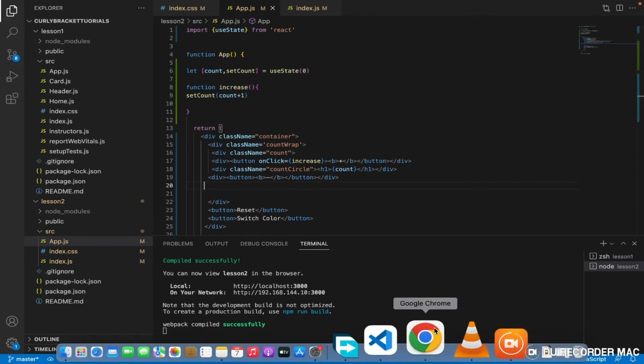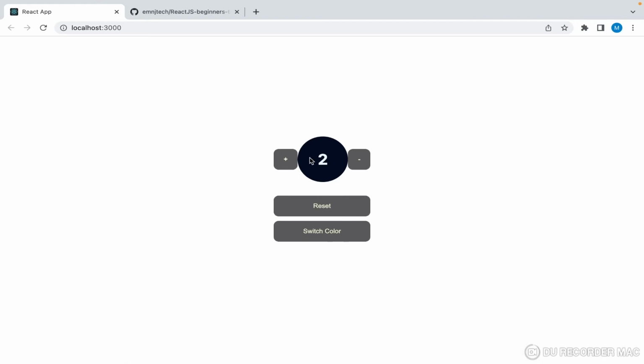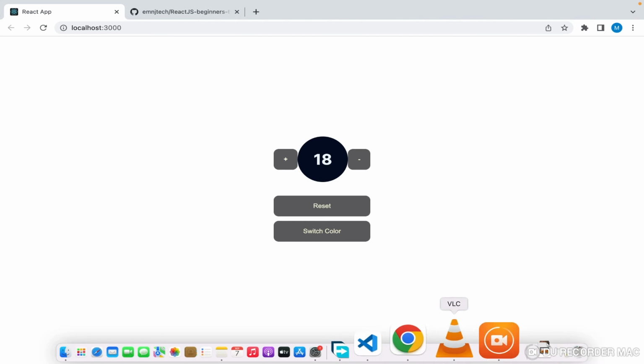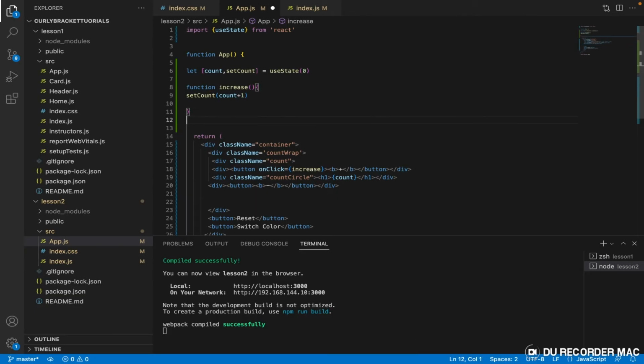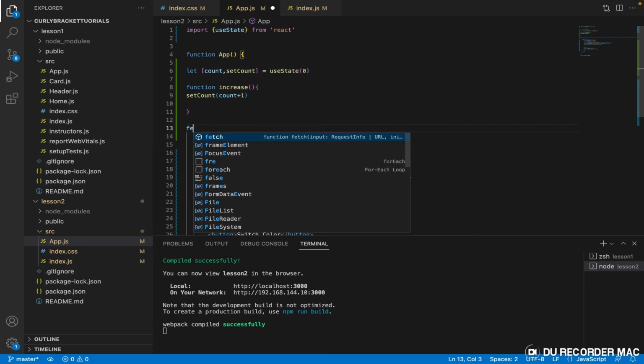So let's check it out. See, we click this button twice, remember, so it's already 2. Then give it 10, 18, it keeps increasing. And then let's do one for the decrement. So we'll say